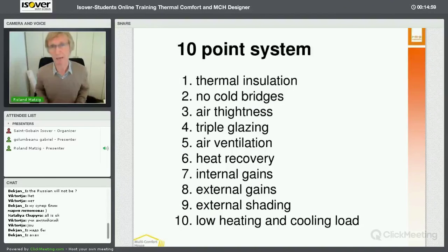So it comes down to practical 10 points, the 10-point system, how Passive House works. First, I mentioned it already, thermal insulation all around the house. Second, very tricky sometimes, no cold bridges, no heat bridges. So every design, every detail has to be designed so you have no cold bridges. Tricky. You need to be an expert in this design to make no mistakes. And then airtightness all around, triple glazing is the normal standard for the glazing, air ventilation with heat recovery,